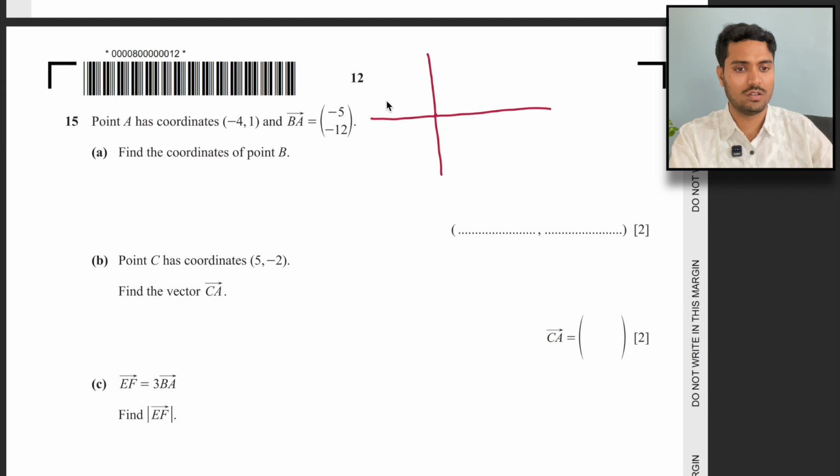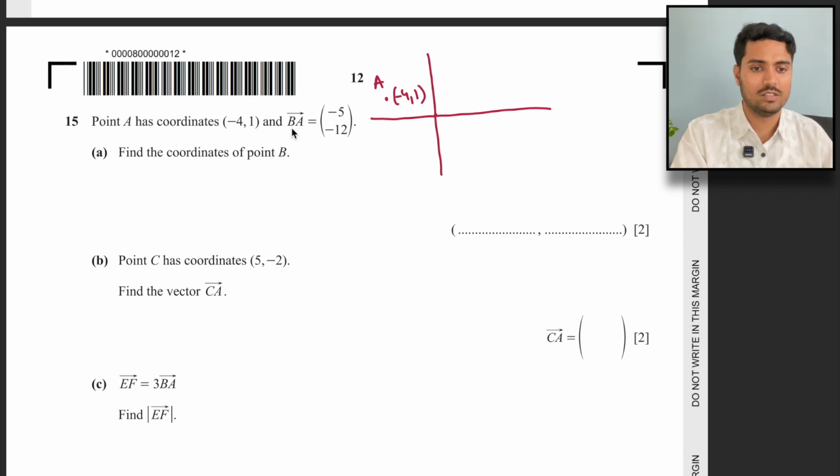Coordinate is minus 4, 1. Let's say this is point A at minus 4, 1. Now it says BA, from B to A it is negative 5, negative 12. That means we are going 5 units left and 12 units down to